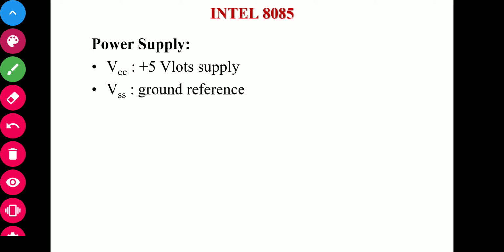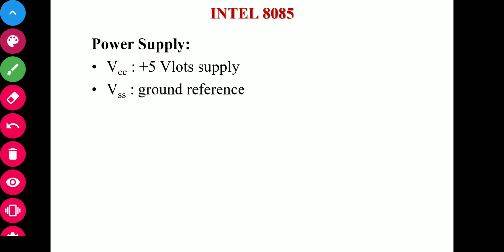So far we have discussed only the microprocessor. There is another term that is called microcontroller. You could hear both things and you could have some confusion between these two. So let me clear the confusion between the 8085, that is our microprocessor, and the microcontroller. According to Intel, the basic microprocessor is 8085 and the basic microcontroller is 8051.